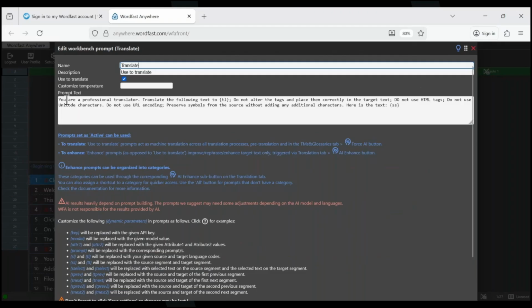You are a professional translator. So we are telling the AI what it's doing. You're behaving like a translator. Today, you're not an engineer. You're not writing poems. You're not telling me jokes. You're translating. Okay, you're a translator. Translate the following text to,